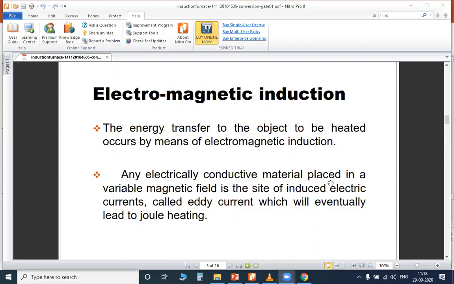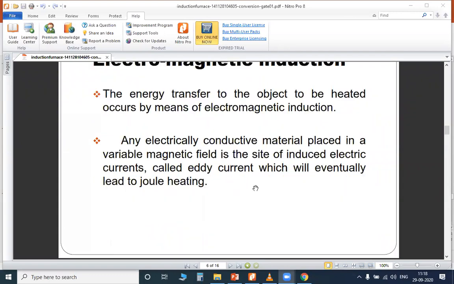Any electrically conductive material placed in a variable magnetic field is a site of induced electric currents called eddy currents. So what is meant by eddy current? You already know this, which you have learned in an electrical subject: what is meant by eddy current, how it is generated, and what types of materials are taken to generate eddy currents, which will eventually lead to joule heating.